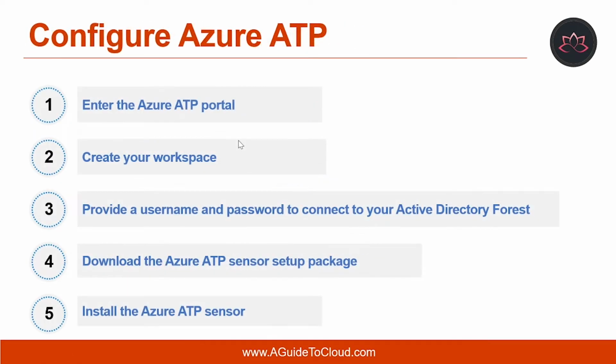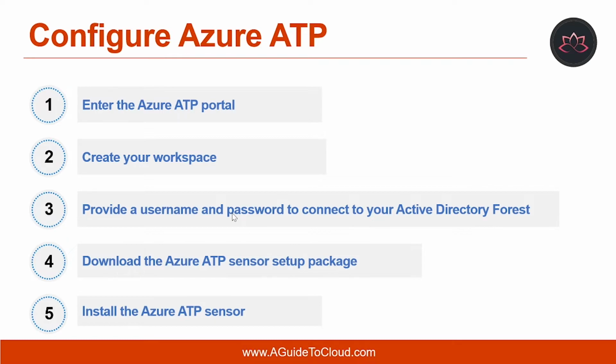So, how can you configure Azure ATP? The installation procedure provides instructions for creating and managing your Azure ATP instance or workspace. In Azure ATP, you will have a single instance or workspace enabling you to manage multiple forests from a single pane of glass. After you verify that your network meets the requirements of the sensor, you can proceed to the creation of the Azure ATP workspace.